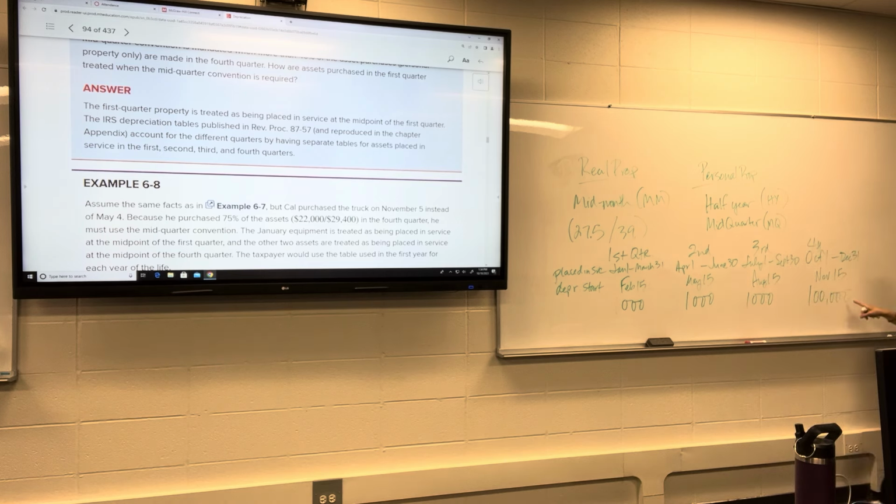Let's say this is all 5-year property, because that's easy enough, and we're using straight line, pretending. 103 divided by 5, I don't know what that is every year, so 20,